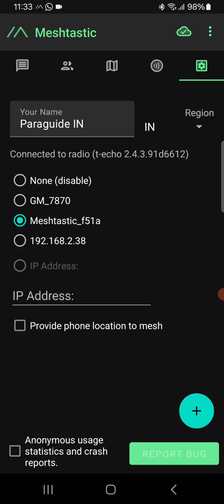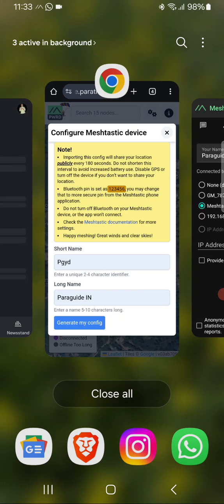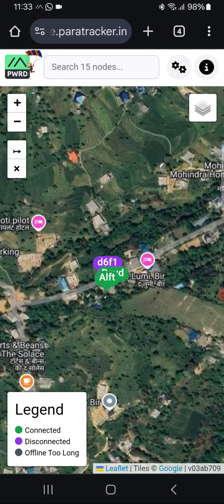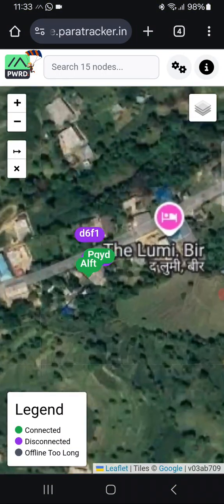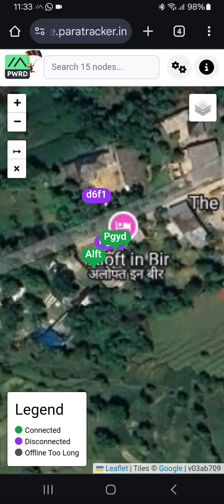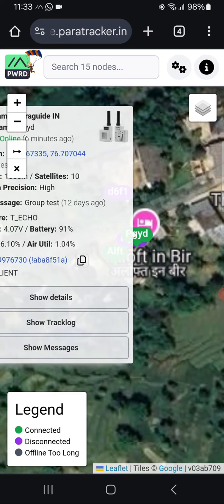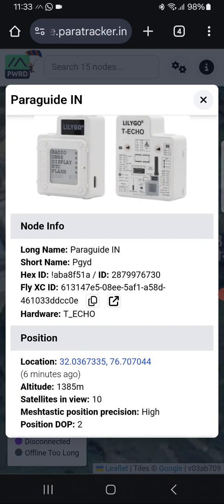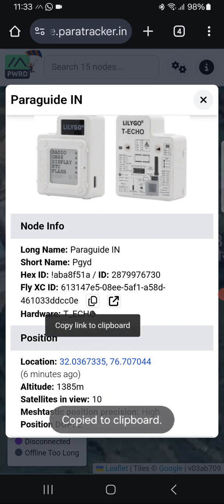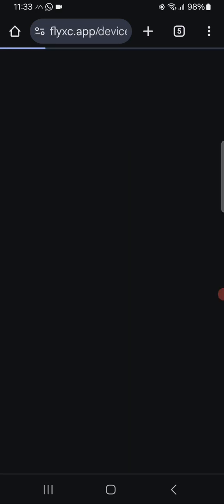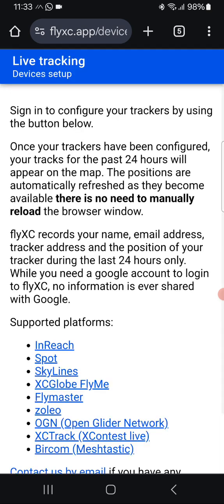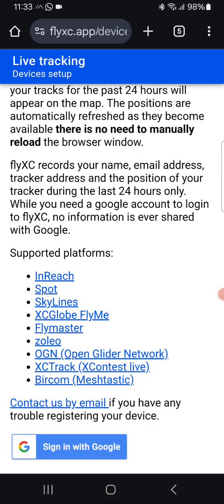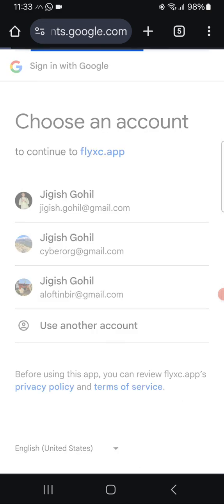After doing this, you have to go back to our tracker. The device which you just configured should show up like this on your screen. And if you go to show details, you will see FlyXC ID over there. So copy this link and open FlyXC device configuration. At the bottom there is a sign in with Google. Sign in with your Google account,